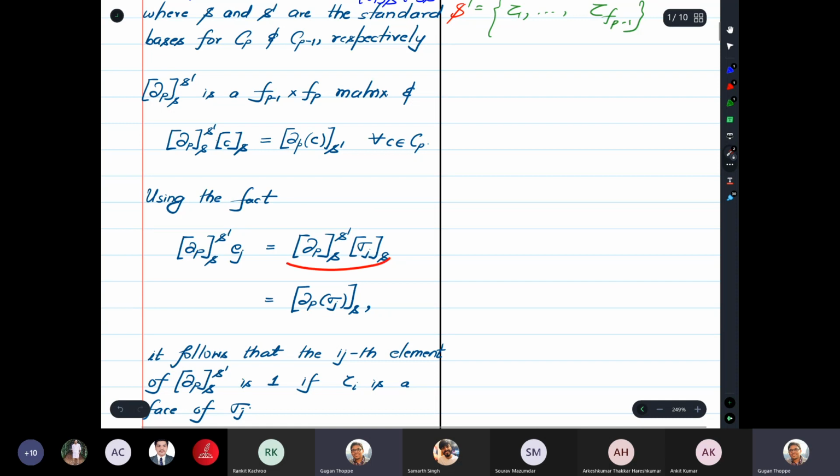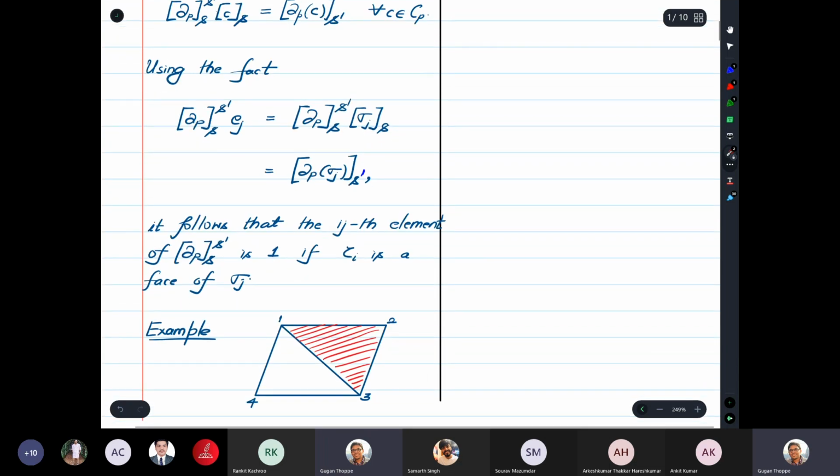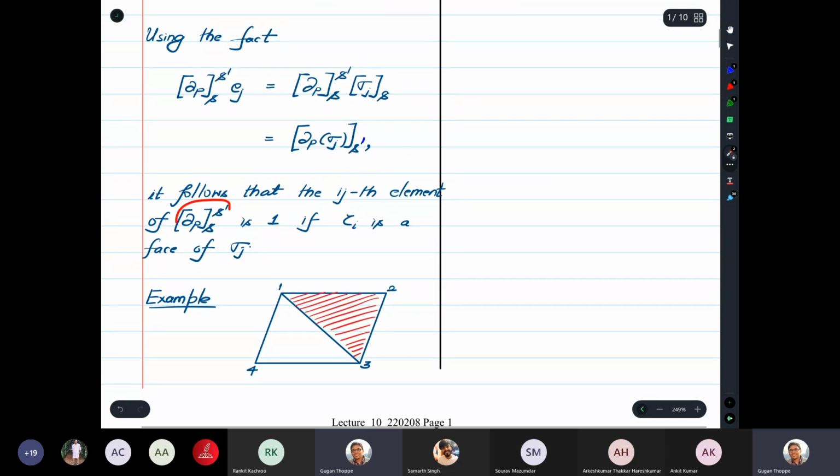So now we have an expression that looks very much like this. So this must equal this. From this we can say that this must be the boundary ∂_p of sigma_j. There is a typo here; this should be S prime here. So you look at ∂_p of sigma_j, and you look at the coordinates of this with respect to the S prime basis. I hope you agree that ∂_p of sigma_j will be a (p-1)-chain. And one can ask, what are the coordinates of this with respect to the basis S prime that we have chosen? From this relation, it follows that the ijth entry of this matrix will be 1,